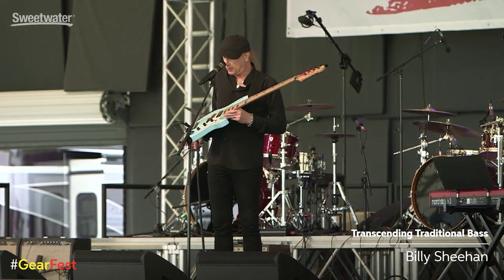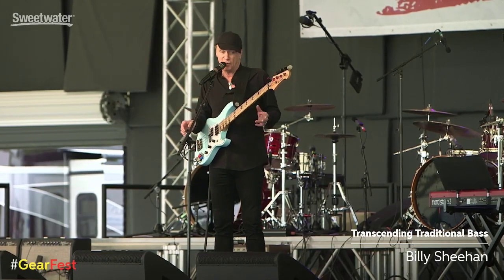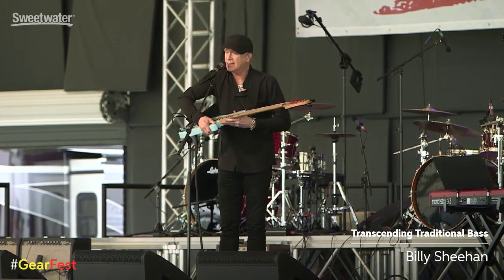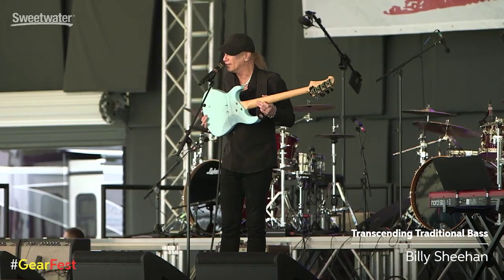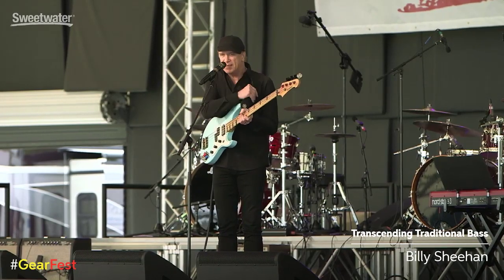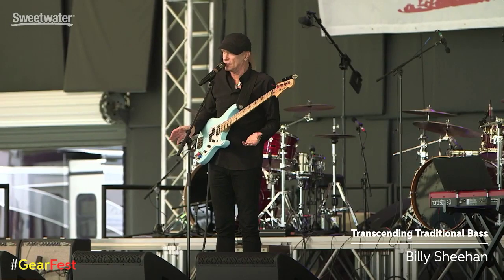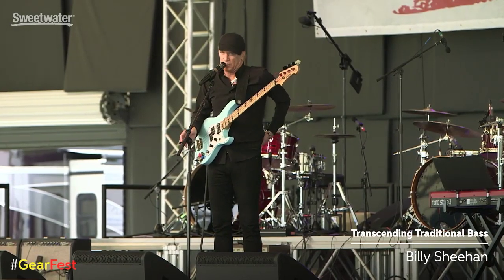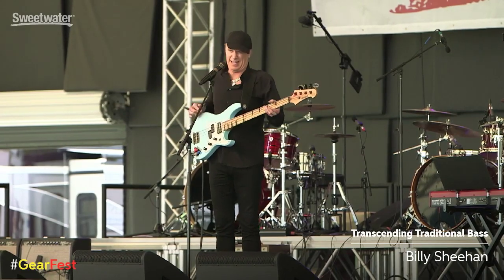But other than that, it's pretty much based on a P bass, except for one very important feature, which is the neck-to-body joint. You'll notice some odd configuration of screws on the back there. My problem with the P bass, and there's a couple of problems, though it's still such an iconic, great instrument, you can't really have a complaint about a P bass no matter what, is that when I do a little bendy neck thing,